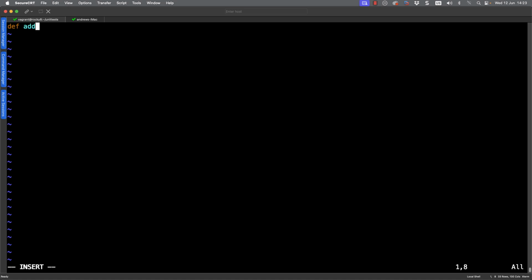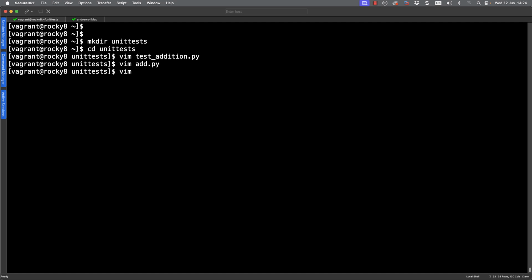From our test file, we know it has to be called add, and we know it must have 2 parameters. So I'm going to have A and B. Remembering here that we are passing parameters, not actual values, into the function. That's when we come to run the code. The function itself needs to return the result, which is going to be A plus B. Now, I know it's really simple, but that's all we really need in our production code. We know how to create the production code now because we've already named the function within our unit test file, and we know that it should be providing those 2 integers.